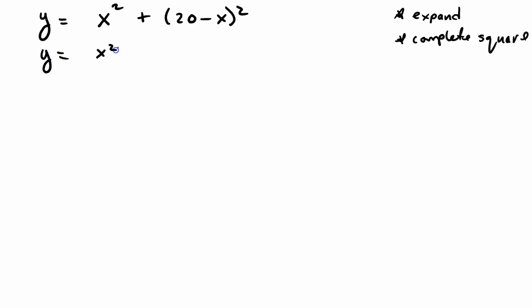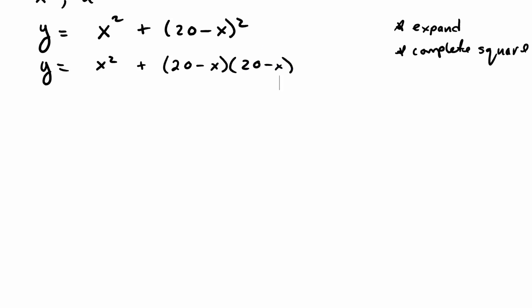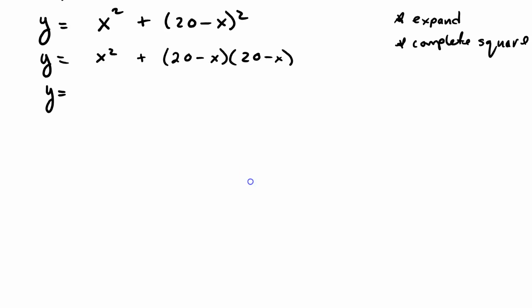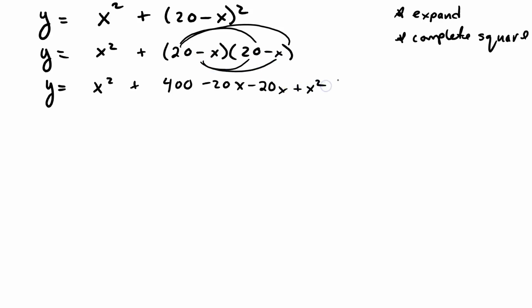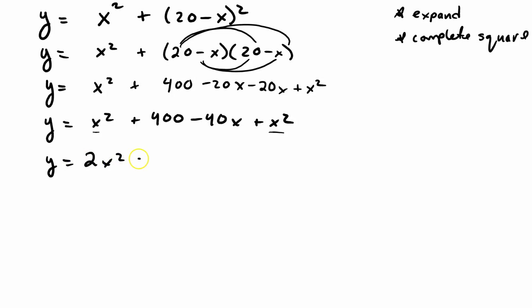So then y equals x squared. And I'm just going to do this the long way, though I don't need to necessarily, but it's maybe helpful for some people to step it out. y equals x squared plus 400 minus 20x minus 20x plus x squared. y equals x squared plus 400 minus 40x plus x squared. Now I have these two like terms, so y equals 2x squared minus 40x